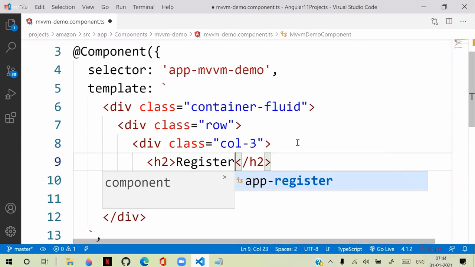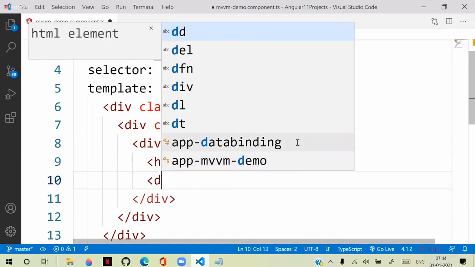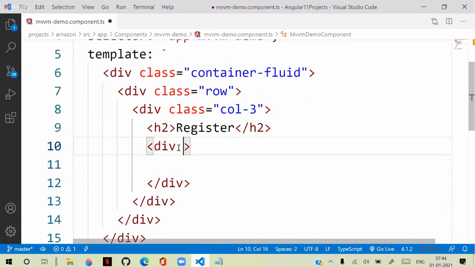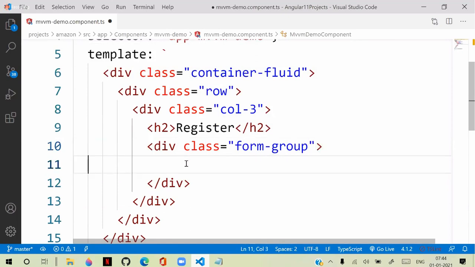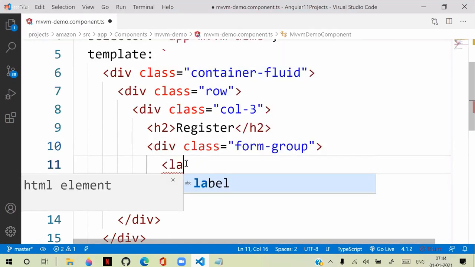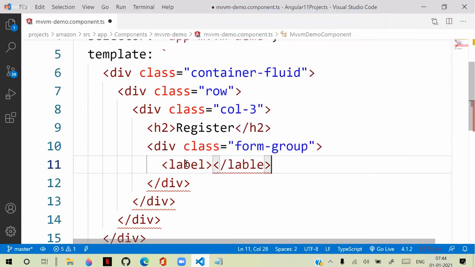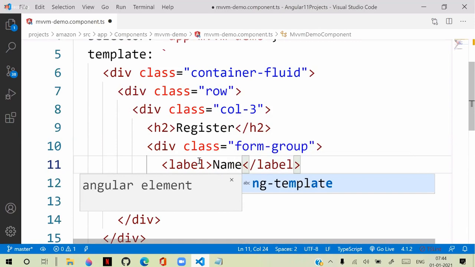So same options we are configuring, whatever we have. In the div, we have added now a class form-group, and the label. So label, yeah. And here we are using some name, fine.